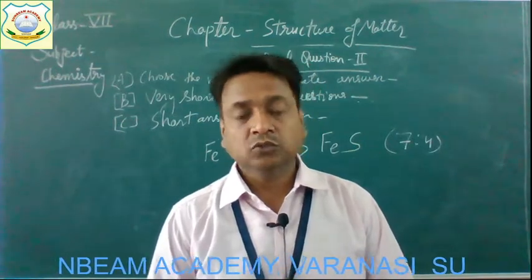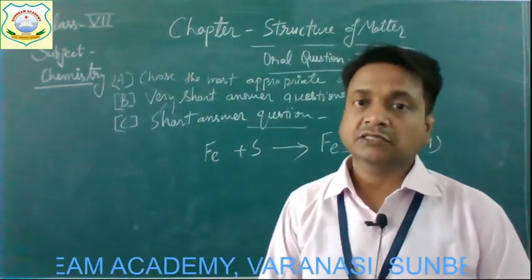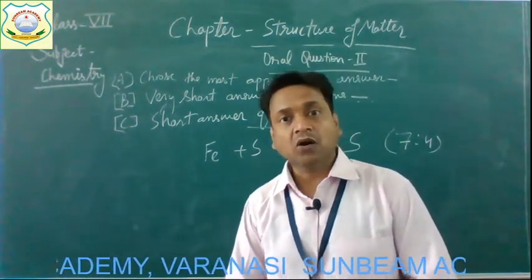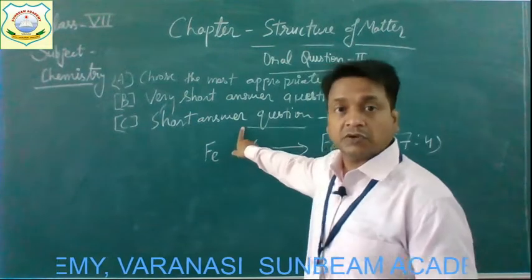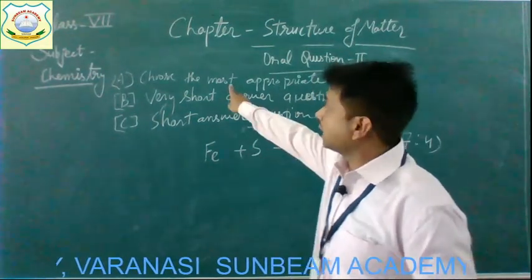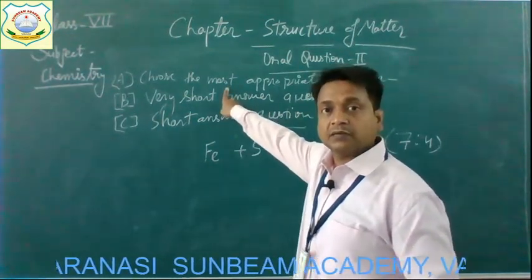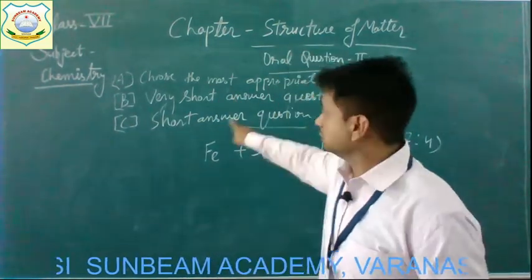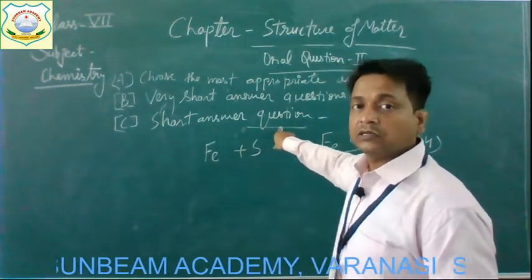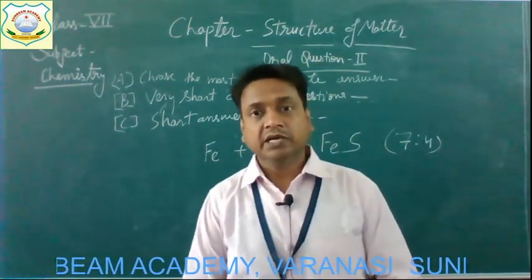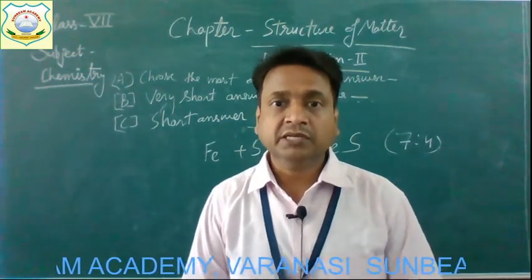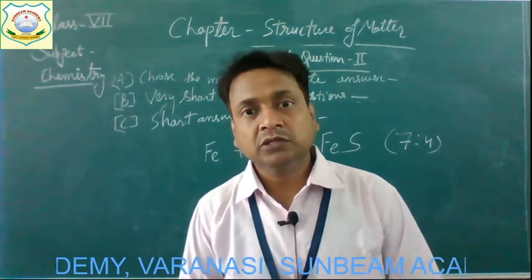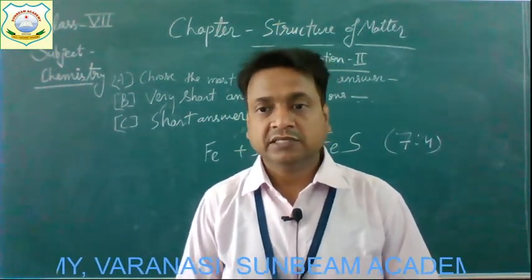Okay, children? So these are all the short answer questions which are given in your book exercise. You will write all these answers of the short answer questions in your notebook. Only the answers of choosing the most appropriate answers and very short answers you will do in the book. And the third, C, you will write in your notebook. Okay, children, I will also provide the PDF of these answers. So with the help of that PDF, you can complete your work to write the exercise.